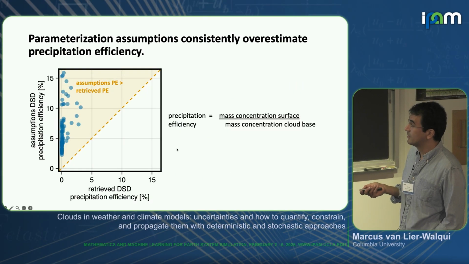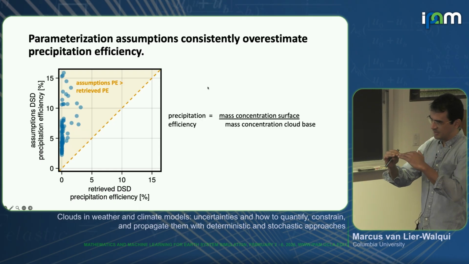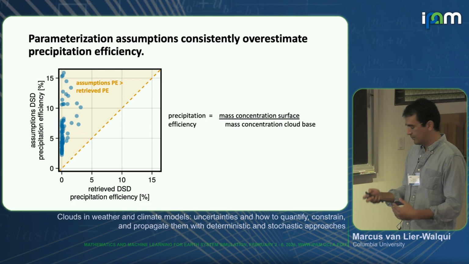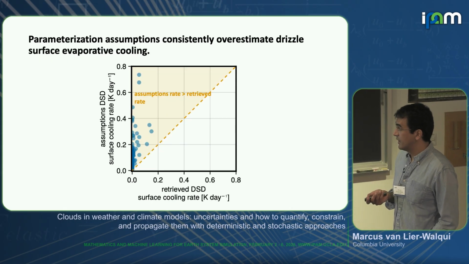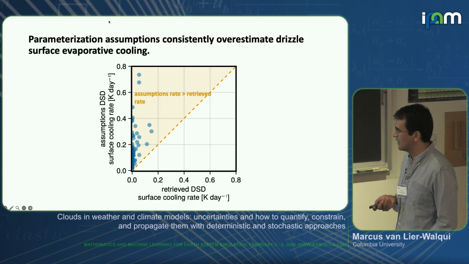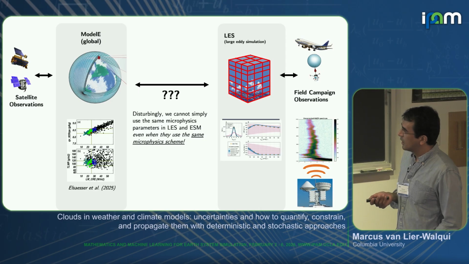And this has impacts in terms of precipitation efficiency. That's the mass at the cloud base versus the mass at the surface. So does the rain that comes out of a cloud end up at the bottom? It also has a big impact on evaporation rate. The assumptions are basically this one-to-one line, and what we actually get is something quite different. So this is indicating key deficiencies in models shown by the observations. OK, that's great.